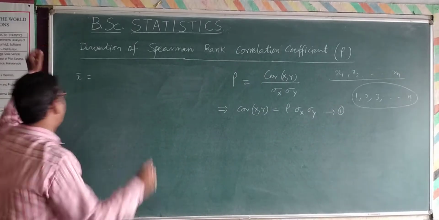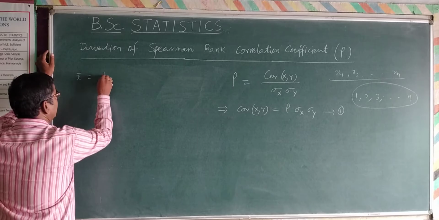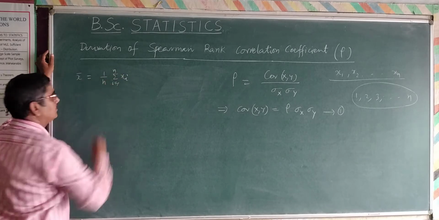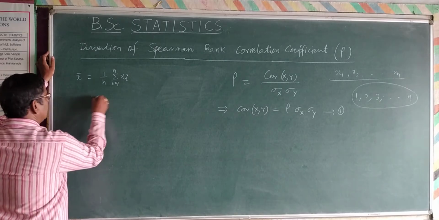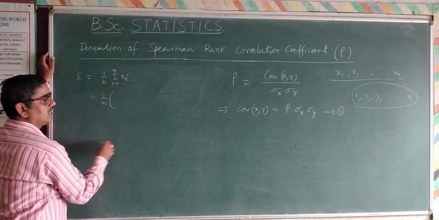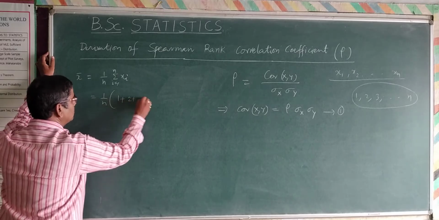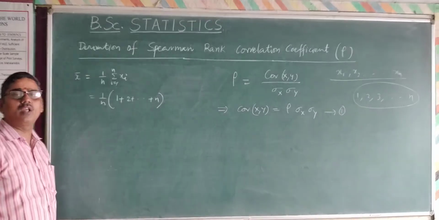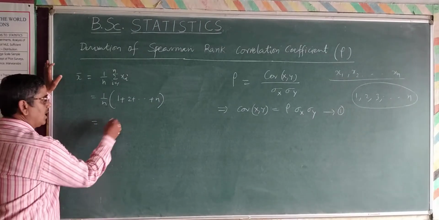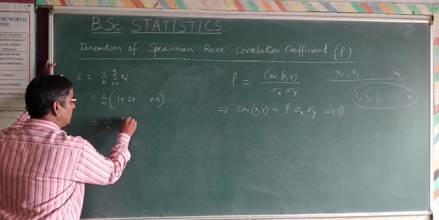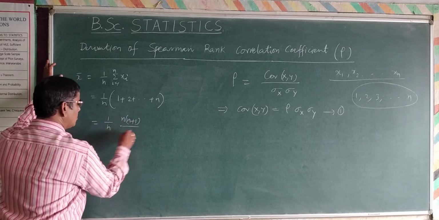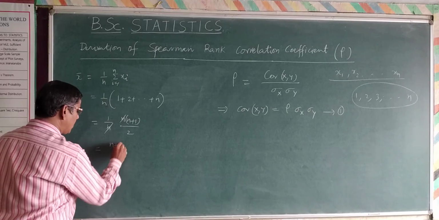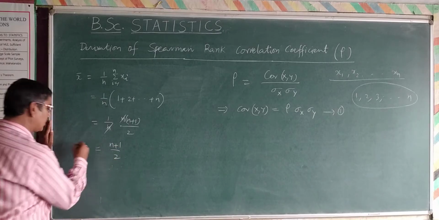So therefore, X bar is going to be considered as the formula 1 by n summation xi, i is equal to 1 to n. So hence it is nothing but 1 by n into summation xi, which is 1 plus 2 plus and so on plus n, because the values of xi are 1 to n. So sum of first n natural numbers is n into n plus 1 divided by 2. So hence n will get cancelled. Hence the value is n plus 1 by 2. What is this? X bar.